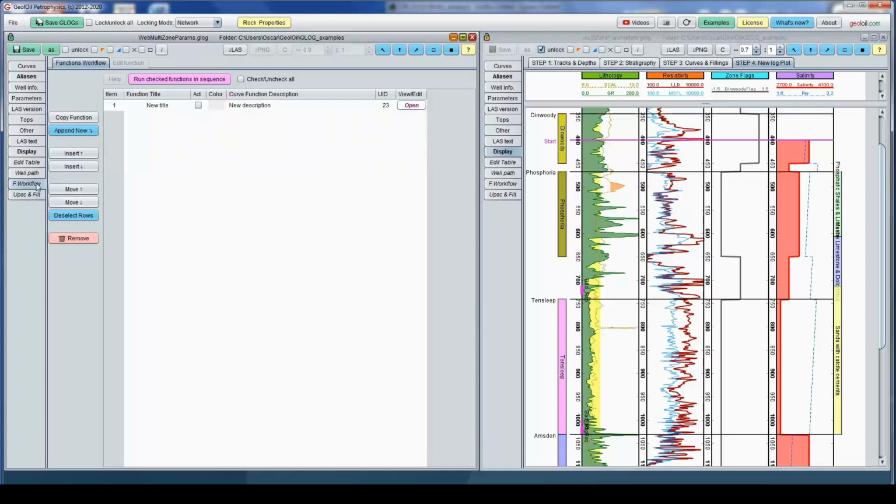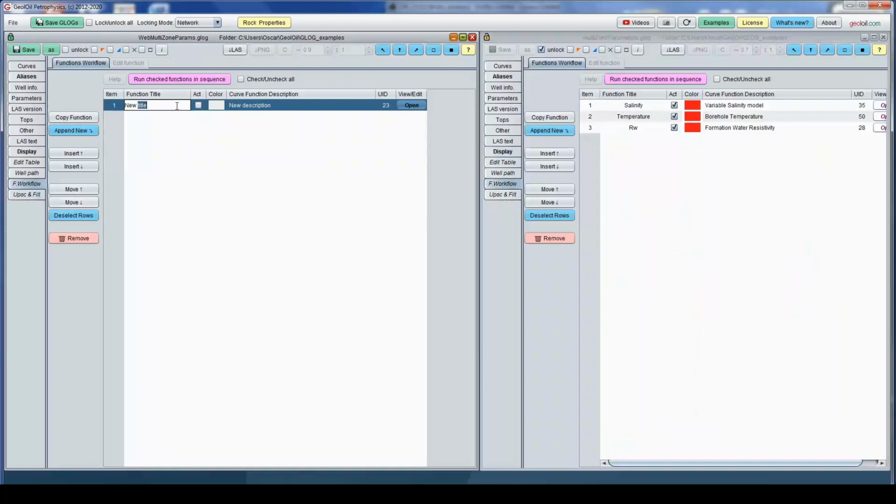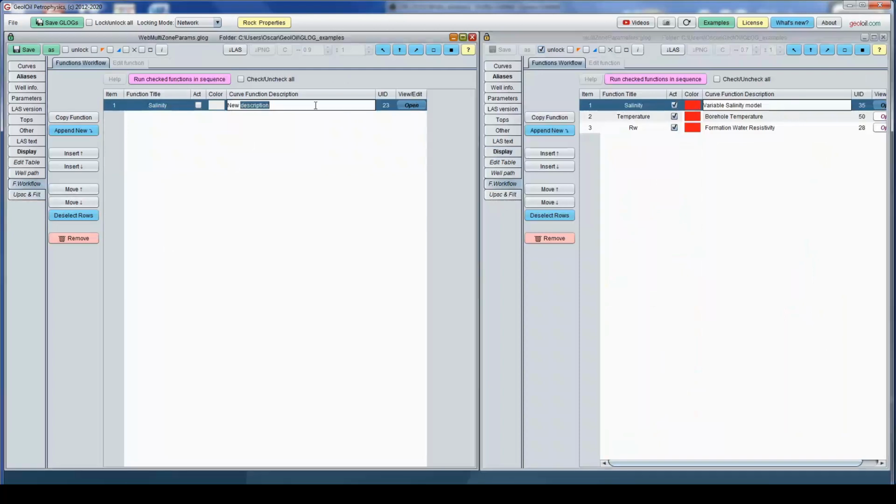So you hit workflow, and let's start with those equations, salinity. Okay, you start with salinity, and the description, copy from here, variable salinity. This is quite important for a good model. So when you think about a constant, think twice before considering it a constant.